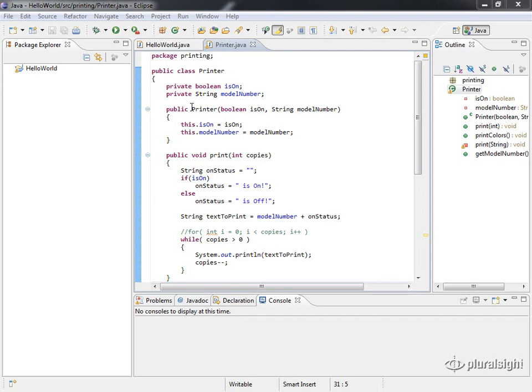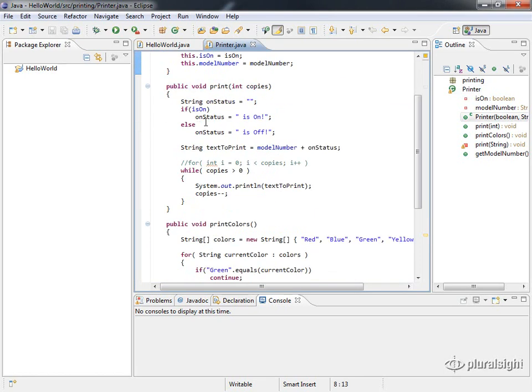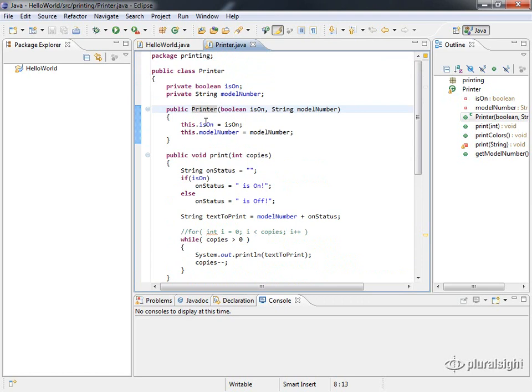So let's look at an example of inheritance in Java. I've got our Hello World program open and we've got our printer class up here. And let's go ahead and change this so that we're using some inheritance here. One thing about a printer is that it is basically a kind of machine. So we could envision that perhaps there's a base class that our printer would inherit from